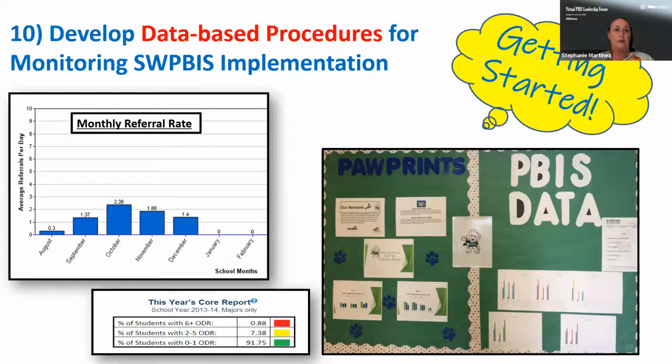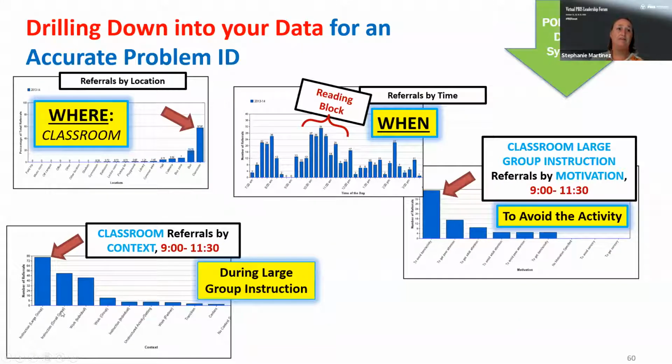There is a middle school I work with that does a weekly update on their data, and they compare the data from the week before to this week. They also compare the data from this month to last month. They have a goal to get more positive referrals than office discipline referrals, and that's included on there. When they have more positive referrals over office referrals, they get a great shout out. That's a template they've done.